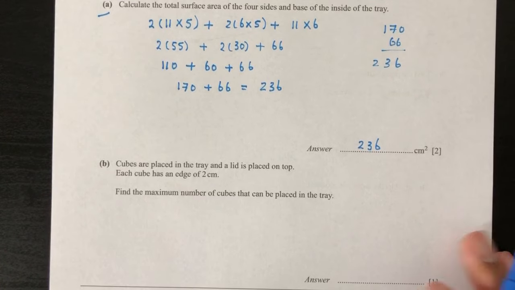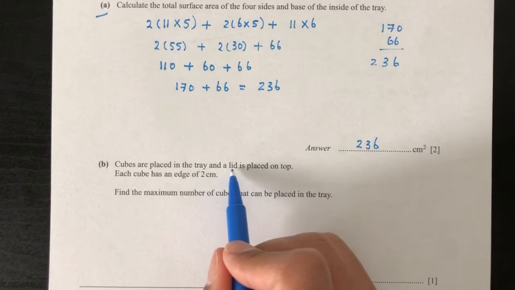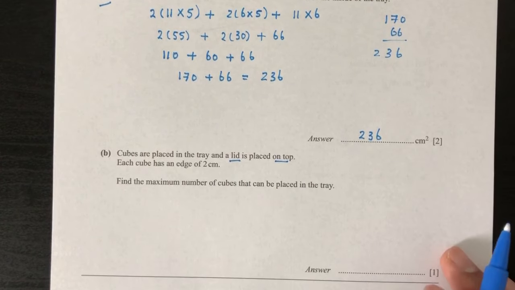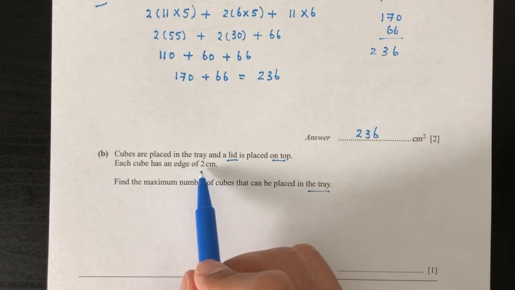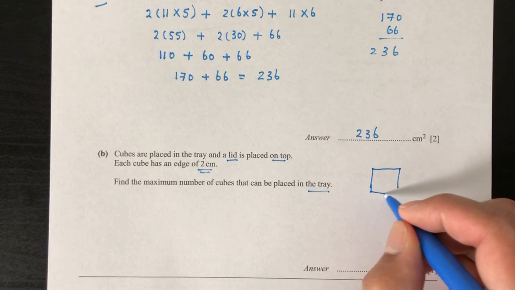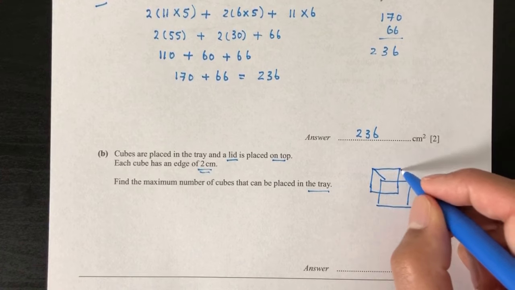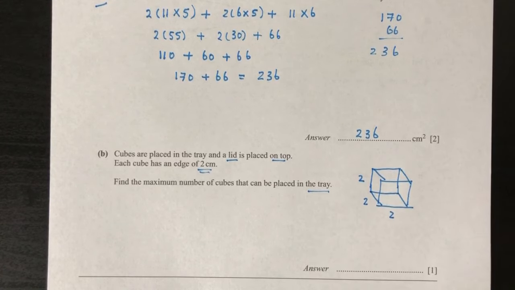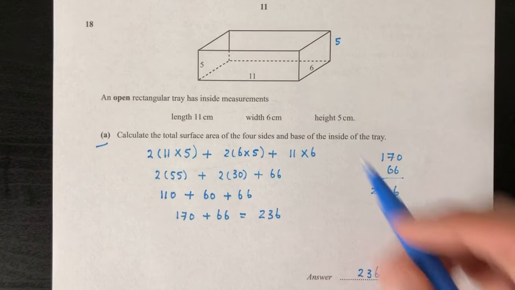Now part B: cubes are placed in the tray and the lid is placed on top. Now the question is, find the maximum number of cubes that can be placed in the tray. Each cube has an edge of 2 centimeters. So a cube looks something like this, where all the sides are the same, right? That will be 2, 2, and 2. Now you have to understand here, we have this shape here, and we're trying to put